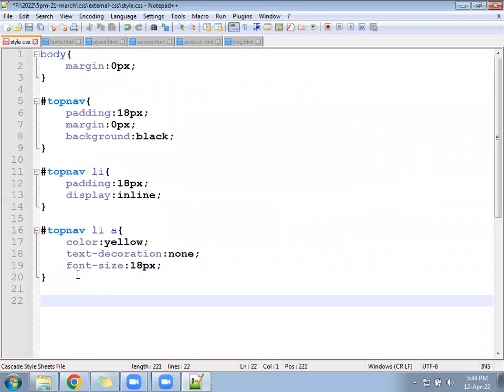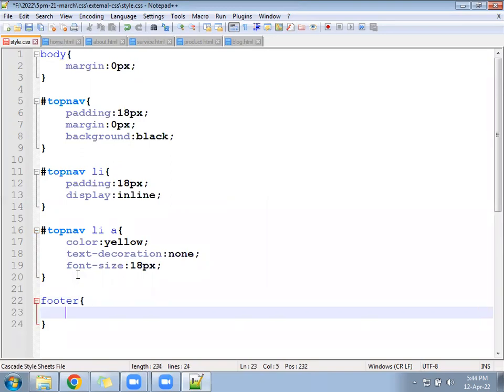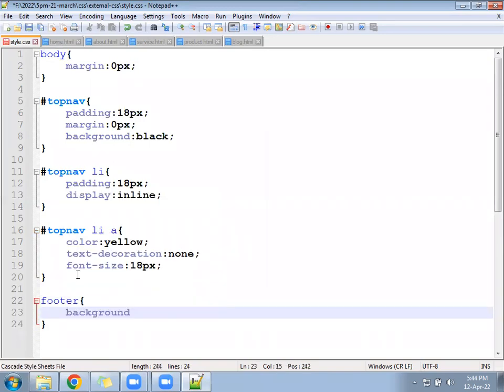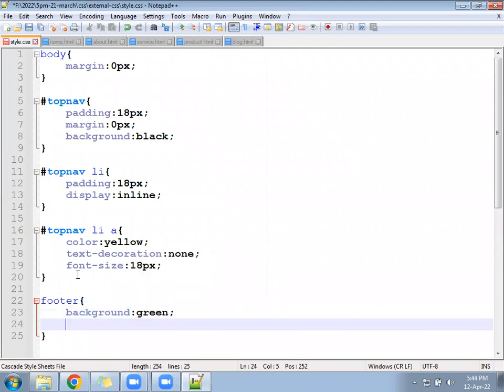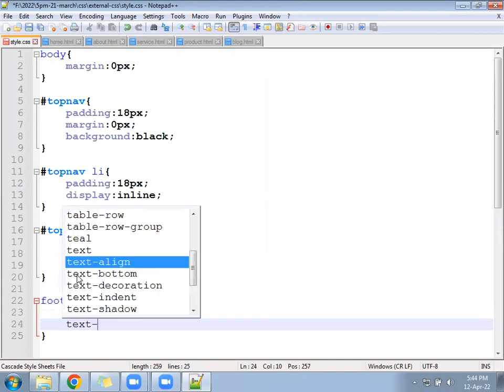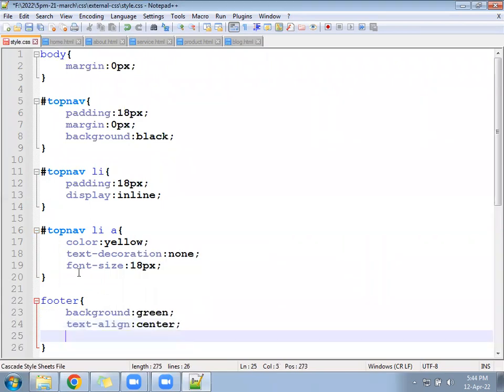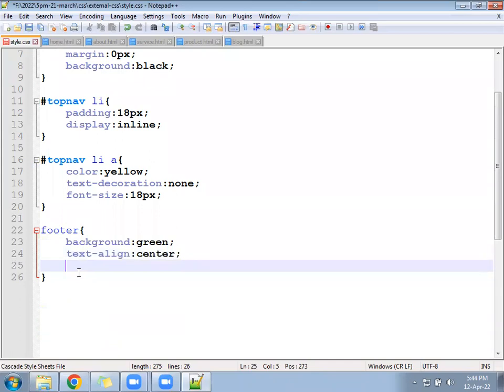First write the CSS for footer. Background of the footer: green color, completely green. Text-align center.